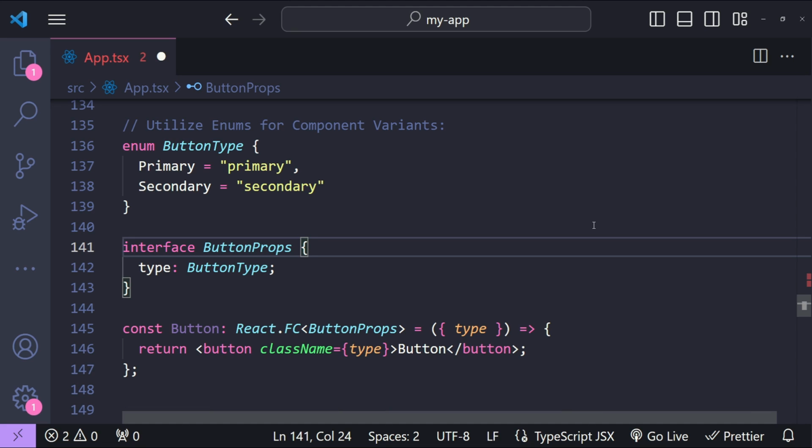The next best practice that I'm going to talk about is to create enumerations for component variants. Enumerations in TypeScript are a good way of giving more friendly names to sets of values. By using enumerations for component variants, you can clearly define the possible values a prop can take. This can make your code more readable and maintainable, and the use of enumerations can help prevent bugs related to